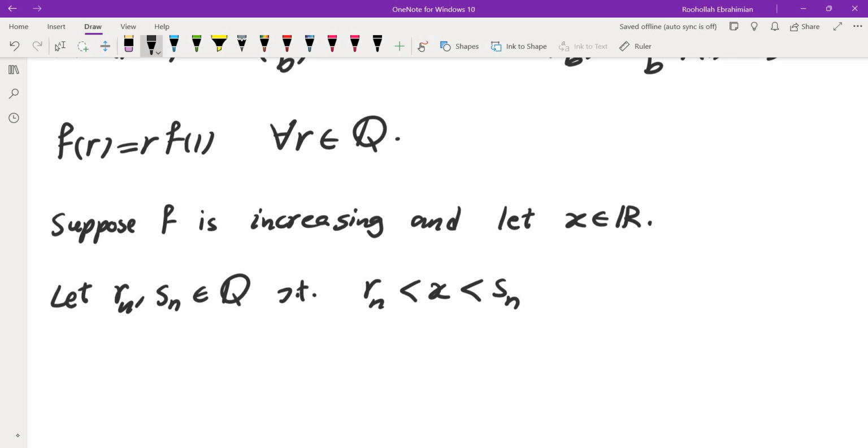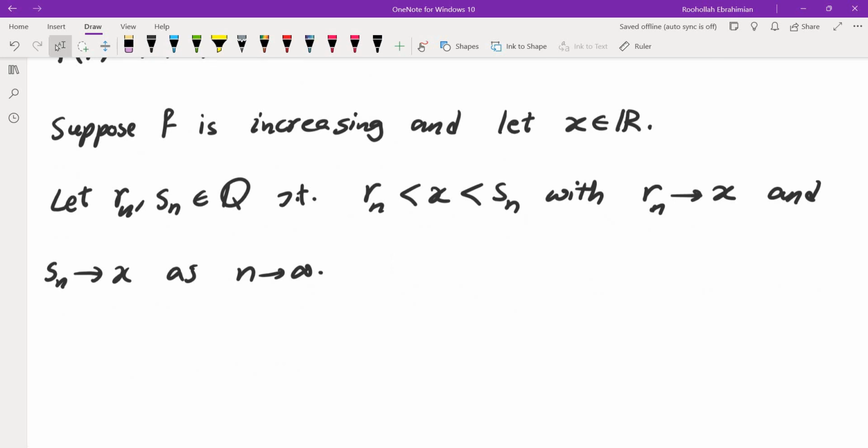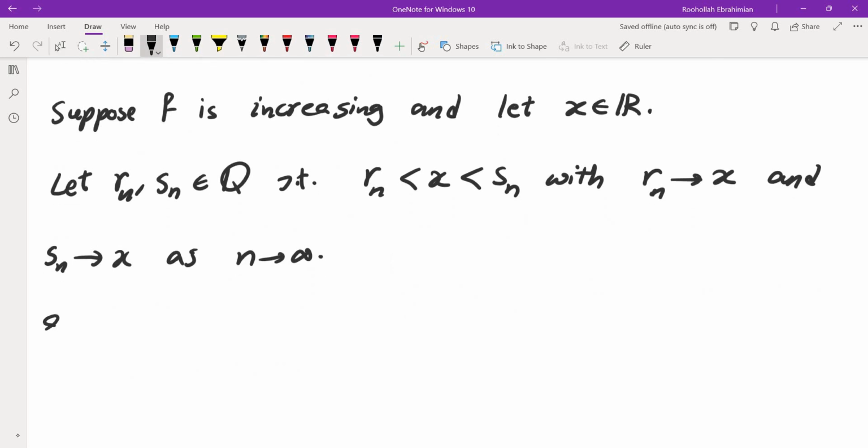So I want to squeeze x in between rational numbers with Rn approaching x and Sn also approaching x as n goes to infinity. So I'm squeezing x between two rationals. Now, since f is increasing, I can take f from all sides of this inequality,